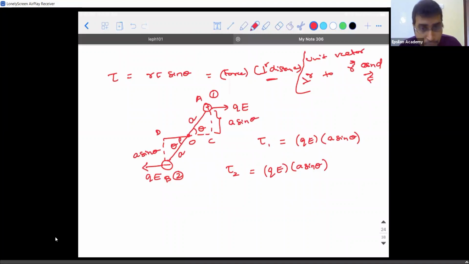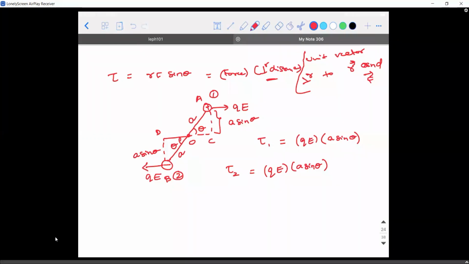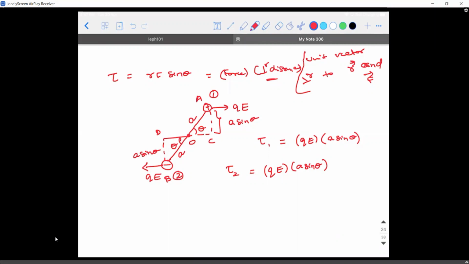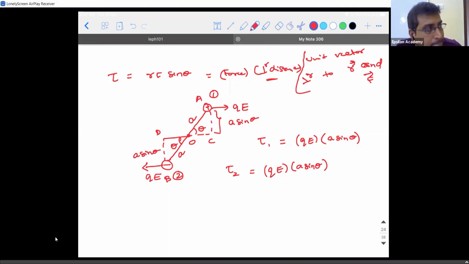Is the torque going to be zero, or in terms of magnitude, are they the same? When will they not get cancelled? Let's think in this way. When will the net torque not be equal to zero? When they are the same values. It's the same value. It has nothing to do with different motion. Do they have different motion? No.